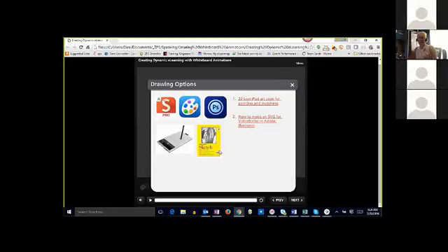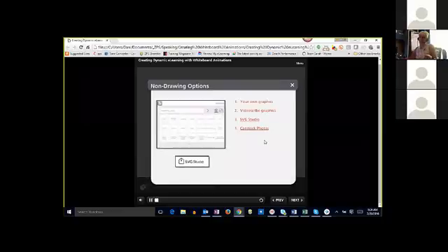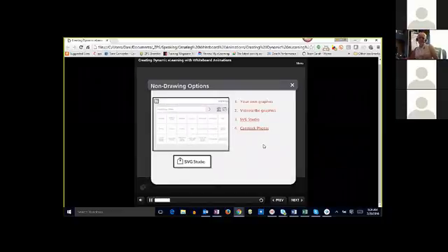I am not that person. So this is what I do. I go for the non-drawing options. The non-drawing options is you can bring in your own graphics. Again, you can bring them in from Illustrator. You can bring them in from, I like canned stock photos. The other one I use is